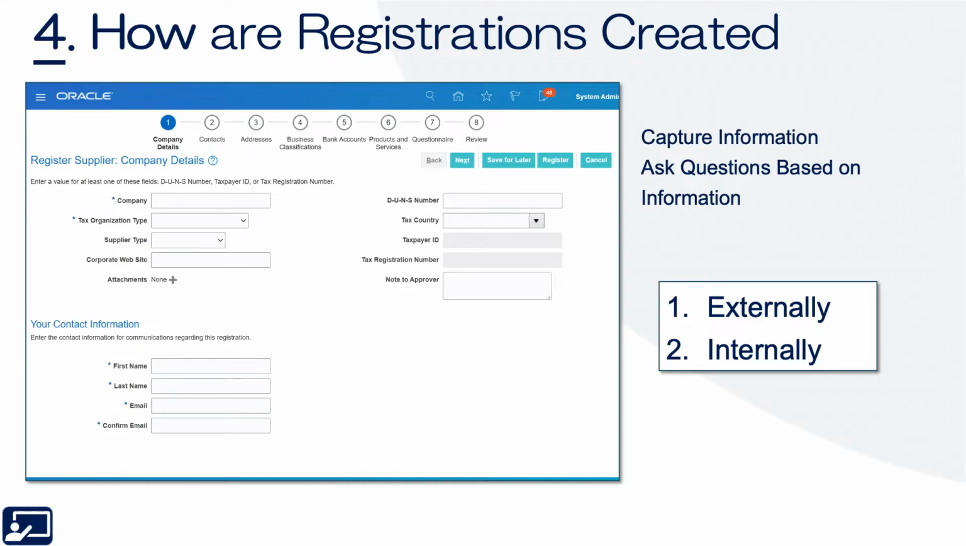It's a bit of an iterative process. They put in some information, submit. Inside procurement can ask for more information, or what I call supplier control, can ask for more information. That's the external process. If you're also global or you have very different lines of business, you may ask for